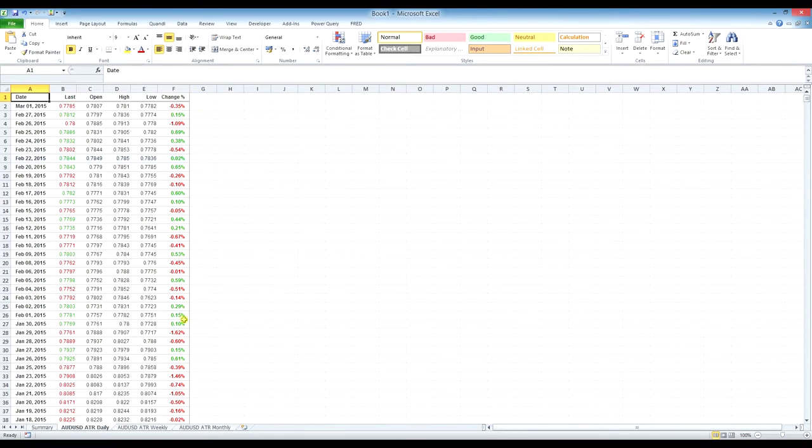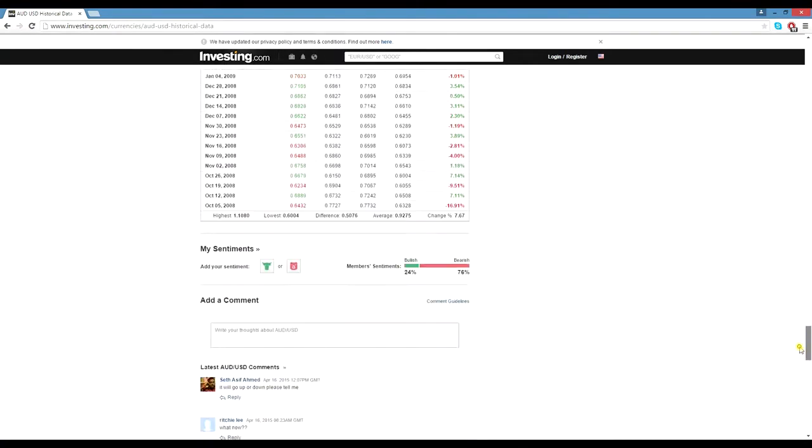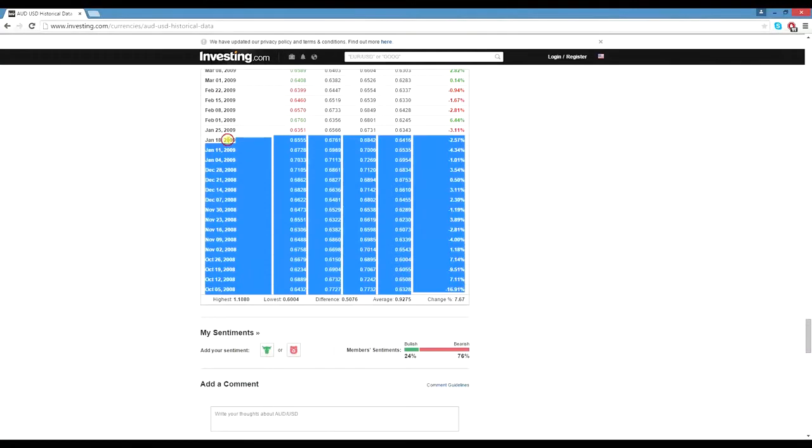So the next stage is to just obtain the data in exactly the same way for weekly and monthly prices for that asset. So if we just go back to the website, we can just change the time frame and leave this horizon the same that we're looking at, the 1st of October 2008 to the 1st of March 2015. If we just change the time frame to weekly and then go through the same process of selecting all that price data from the bottom of the table,